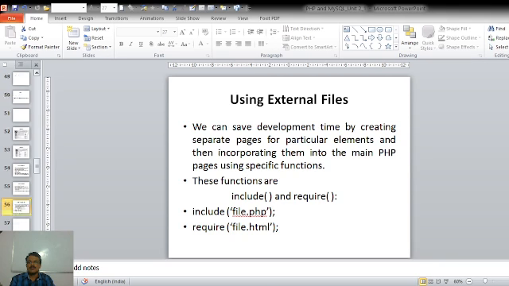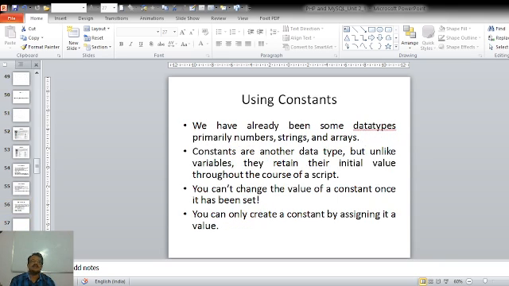The next thing that comes is using constants. Now we have already seen some of the data types, primarily numbers, strings and arrays, and we have already seen some examples.